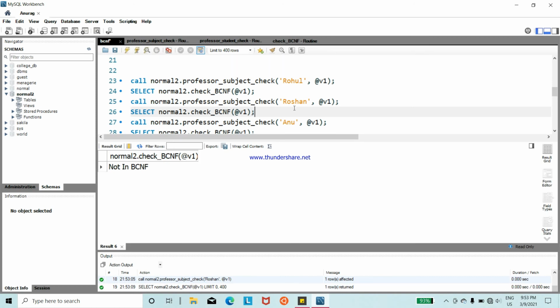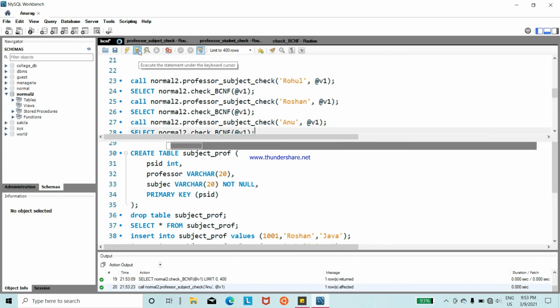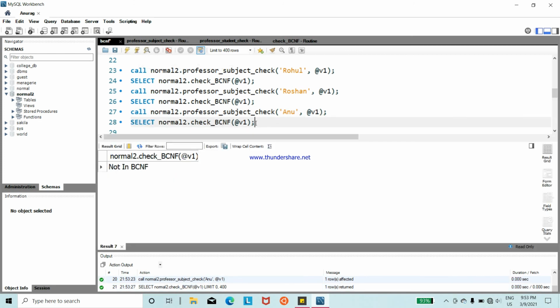Hence there is a one-to-one relation between professor and subject. And after that, I call the last professor Anu and then call the function, and we got not in BCNF. Hence it is a one-to-one relationship between professor and subject, and we can uniquely identify subject using professor name, and hence we need to normalize this table for BCNF.